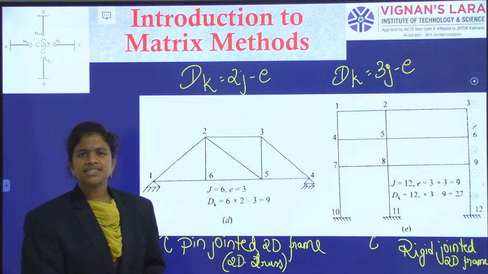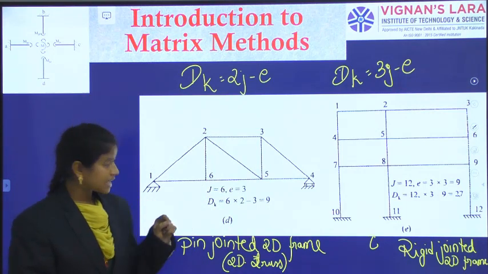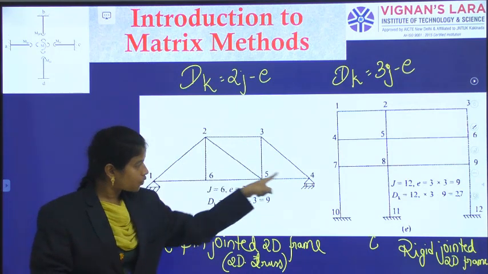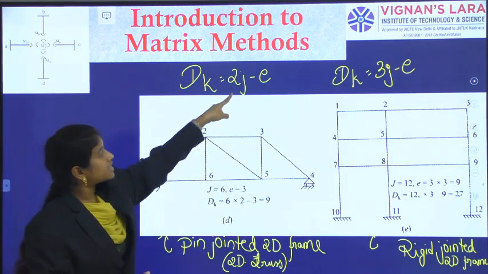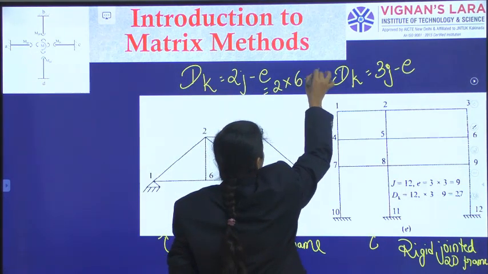Okay, what is this j? Just now we have said j is the number of joints. As we have given the joint numbering 1, 2, 3, 4, 5 and 6, that j is 6. Okay, so this is 2 times 6 minus